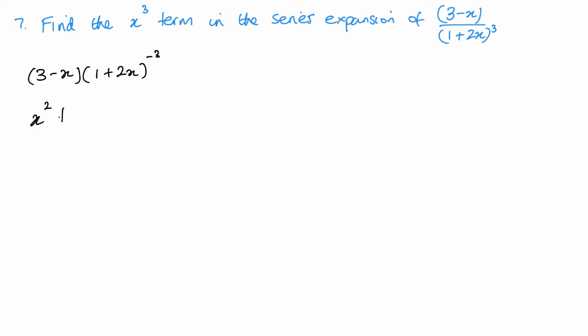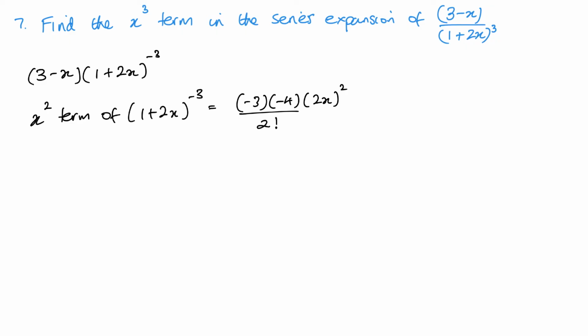So x squared term of my 1 plus 2x to the minus 3. So the x squared term is n minus 1 to x squared, and that's over 2 factorial. So that's going to give me